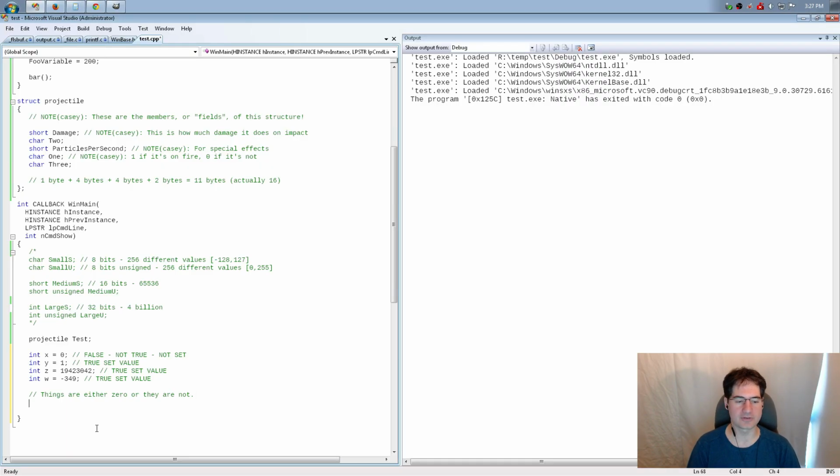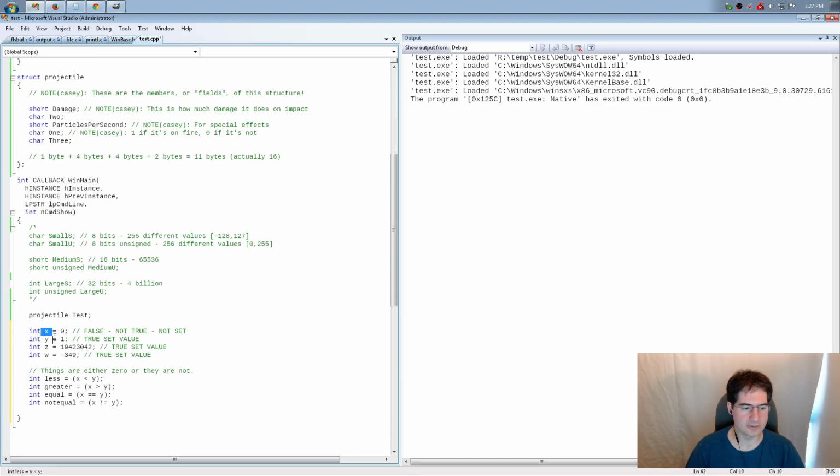So C gives you operators that can produce these values out of things that you want. So for example, I may want to know, let's do less than. X is less than Y, right? I'm going to compute that. X is greater than Y. X is equal to Y, okay? And I'm going to put these in parentheses because I like to be very clear about how things are computed order-wise. Not equal to Y. So now we've got a bunch of comparisons here, and we will see how they work.